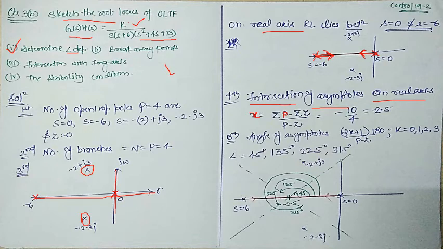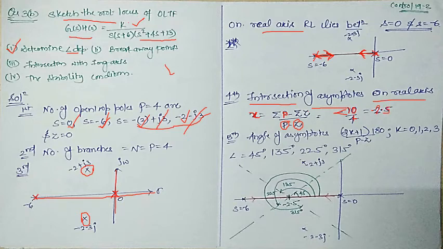Similarly, 0 values you need to sum, and this capital P denotes the number of poles and this denotes the number of zeros. So if you see, summation P comes out to be 0 plus minus 6 plus these two values. Okay, so this portion and this portion will vanish. You will only end up with minus 6, minus 2 and minus 2. So that is minus 10. Okay, and you have P equal to 4. Hence it is 10 by 4 with a negative sign, and it comes out to be minus 2.5. So the asymptotes will intersect at minus 2.5.